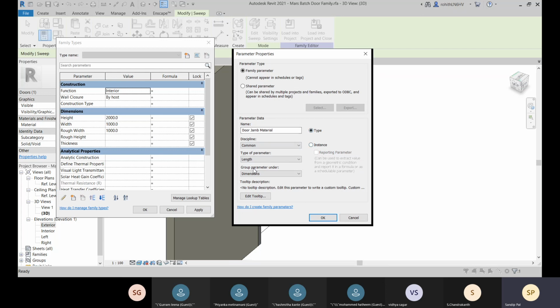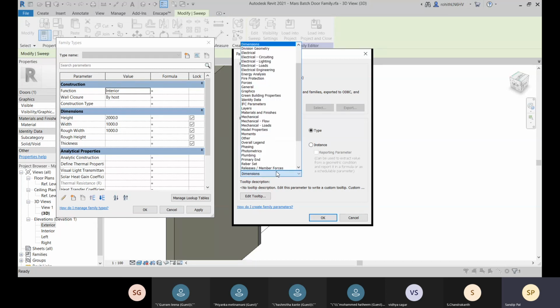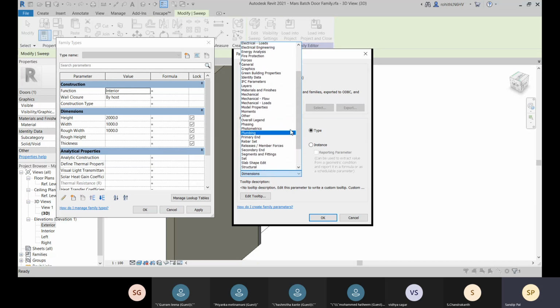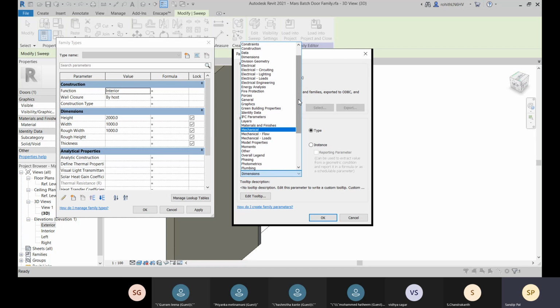So let's go for type. The discipline is common, and let's first define the group. So what kind of group it is, let's go for this general option.